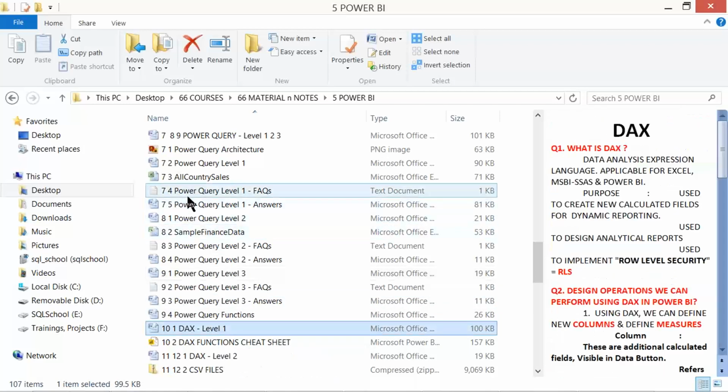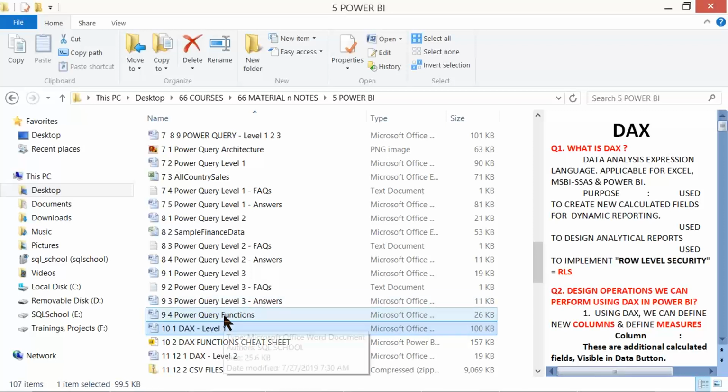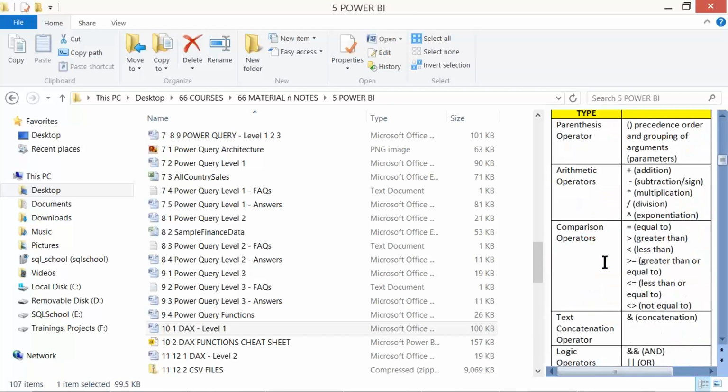The purpose of Power Query is ETL, just like our kitchen area in our restaurant. Remember this: extract vegetables from the market or the supplier, clean, dice, slice, shape, cook, and then go to DAX. What is this? A garnishing activity. It's a nice garnishing activity. Add color, add value to your reporting.